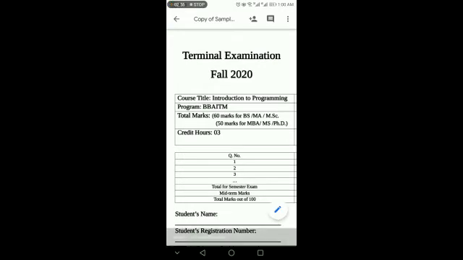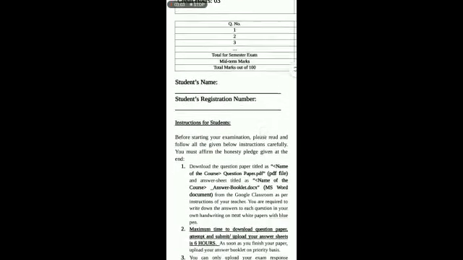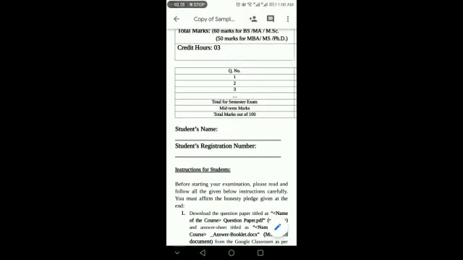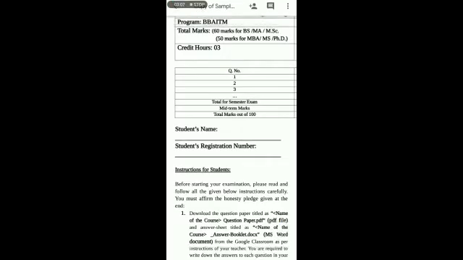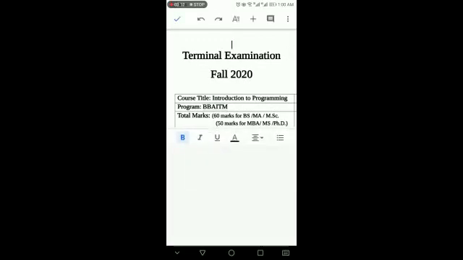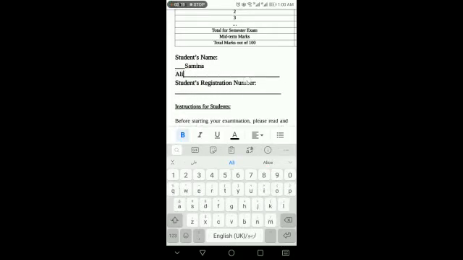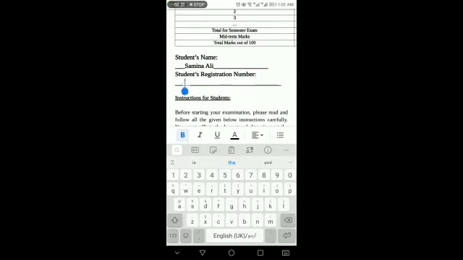Now this is how my answer booklet is being opened in an editable form, and I can make changes to it. Okay, no need to make changes on the first page. At the top of the first page, you just need to enter your student name over here. For that, you need to click on the pen icon first. Now the editing is enabled. Put the cursor over here and enter your name. Now enter your registration number.